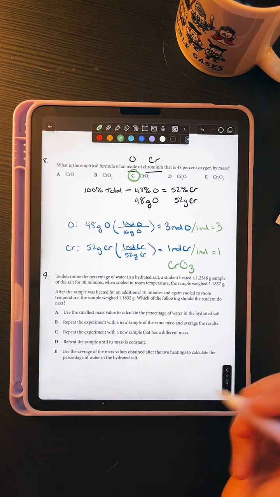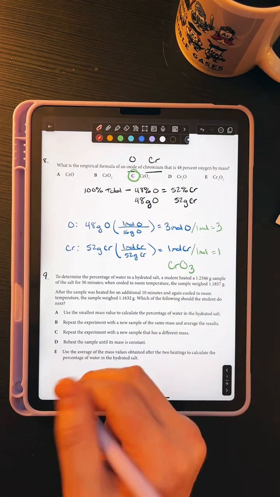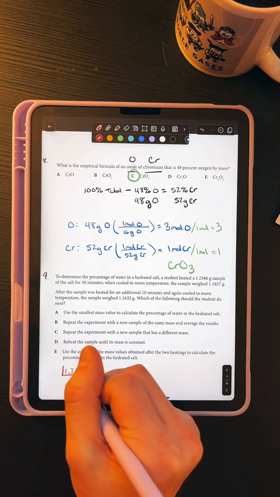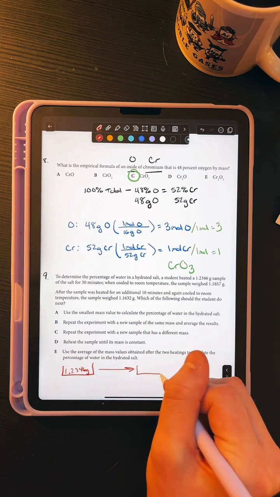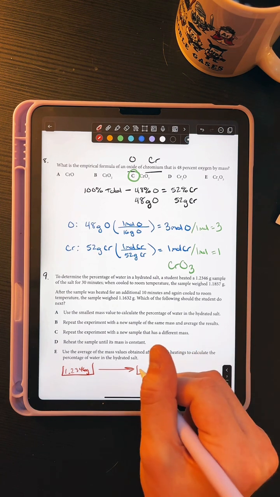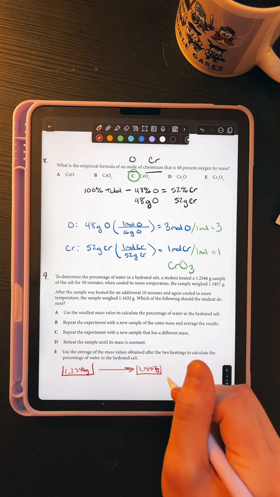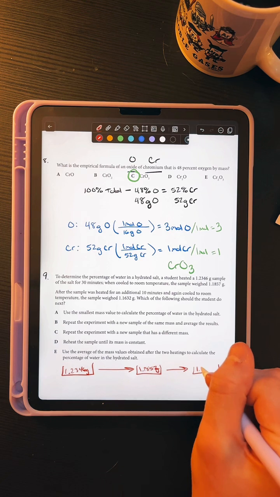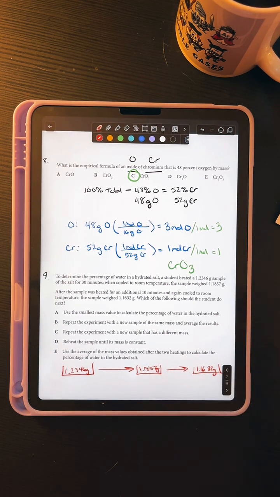So, let's sort of map this out. We have a sample, and that sample initially weighs 1.2346 grams. Then we heated it, and after cooling and weighing, it weighed 1.1857 grams. And then heated again, and after that, it was 1.1632 grams. And we want to figure out what to do next. Well,